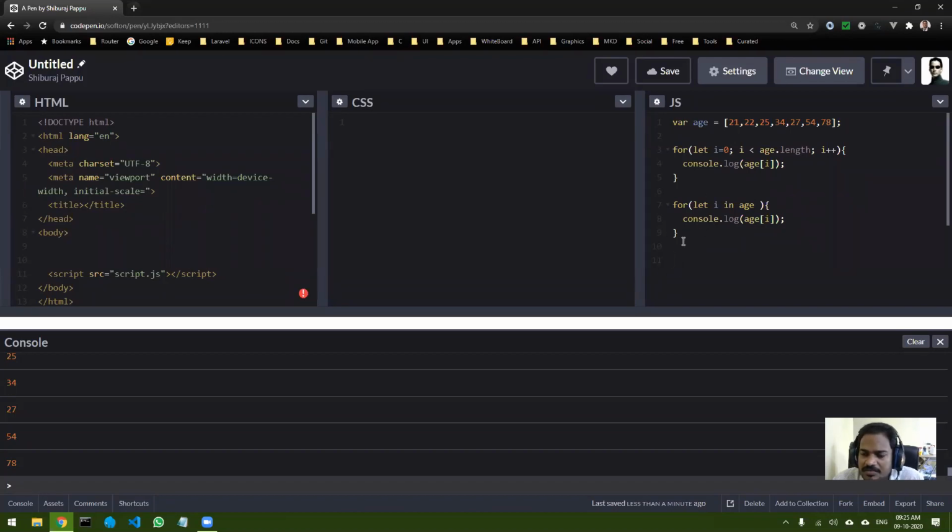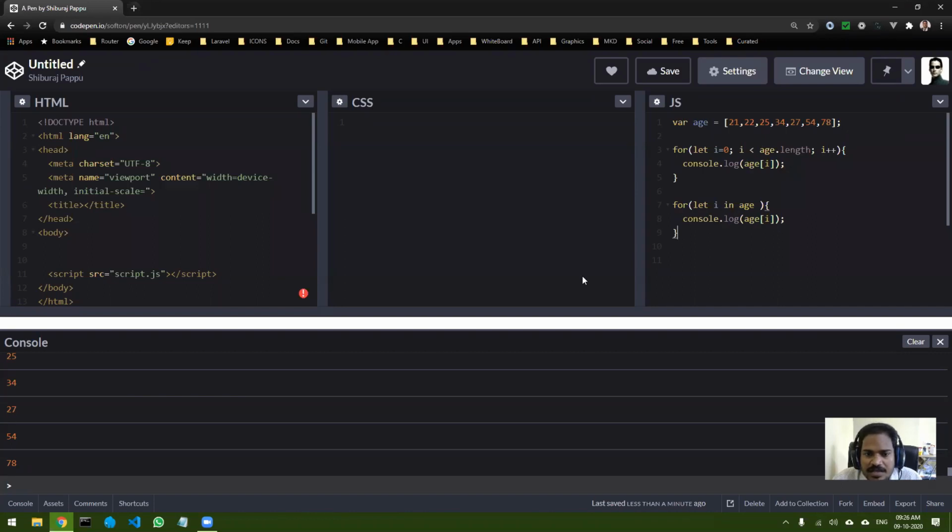And C programming, I don't think we have something like this. But this particular for in syntax is very helpful when you are iterating through arrays, so you don't have to worry much about incrementing or checking the condition.